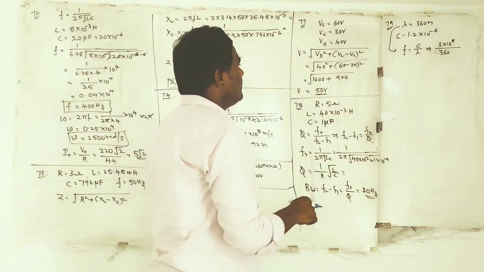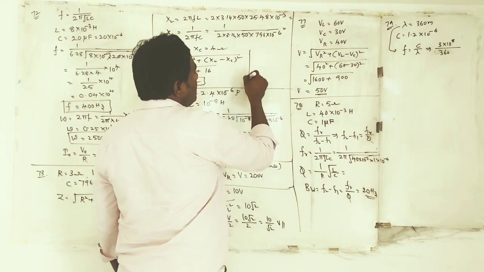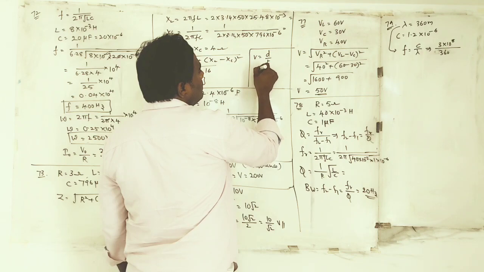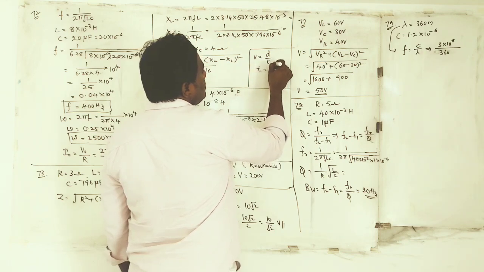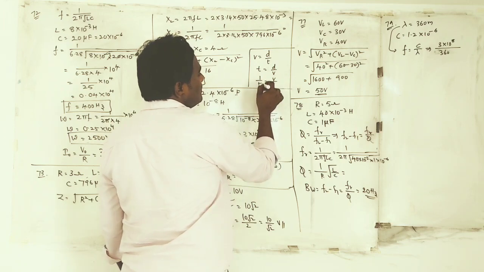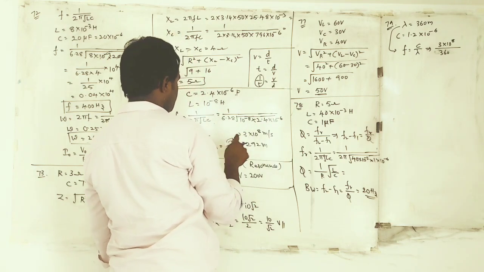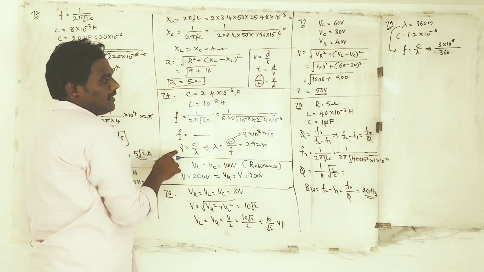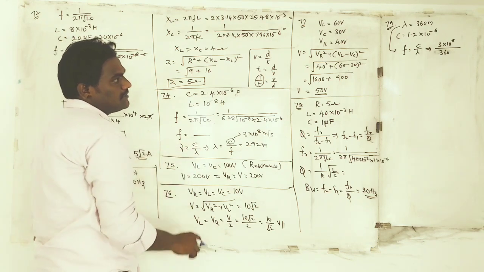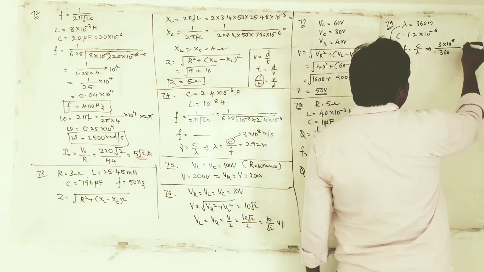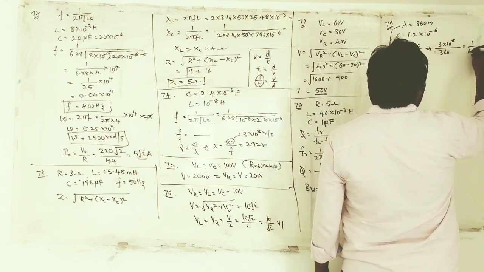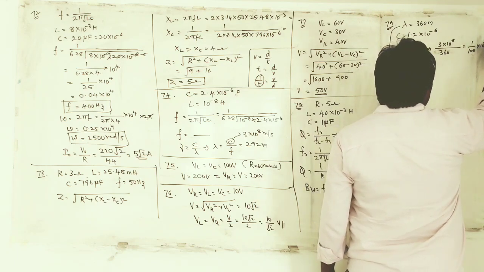Getting it right? If you have a doubt with this, here is a simple formula. Velocity is equal to distance by time. Time is equal to distance by velocity. Then 1 by time is velocity by distance. This 1 by time itself is called frequency. I have taken 1 by t as frequency, velocity as the velocity of light, and distance as lambda. Now if we solve this, we will get 1 by 120 into 10 power 8 hertz.